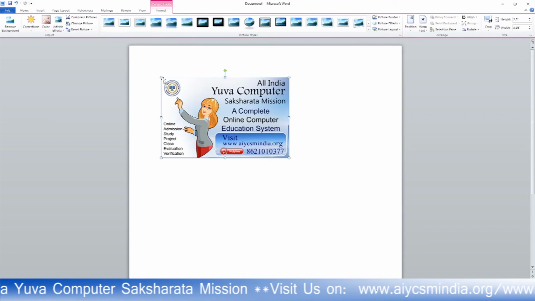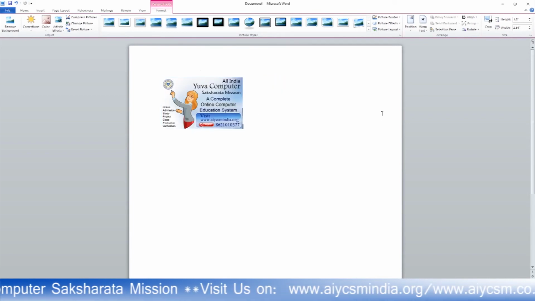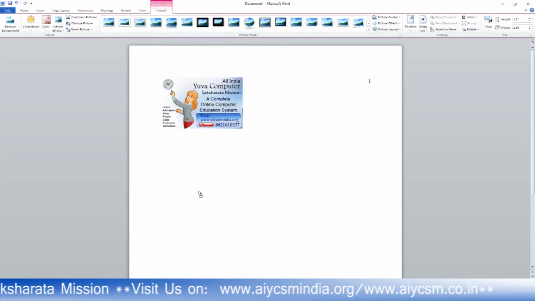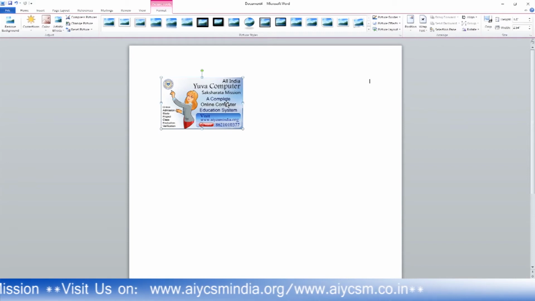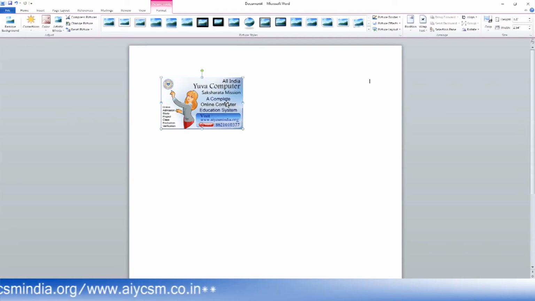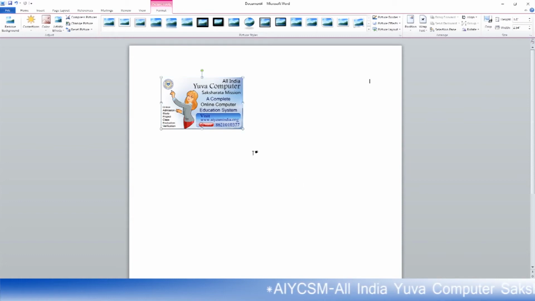Now you can increase or decrease the size of the picture, but you are not able to move your picture from one end to another. This is very important when you create your resume or your biodata or anything else. If you want to insert your picture into your resume, you have to move it to that side or that corner of the page.